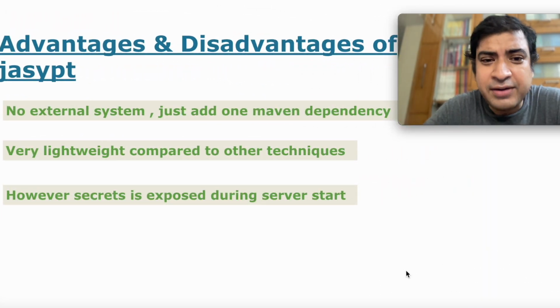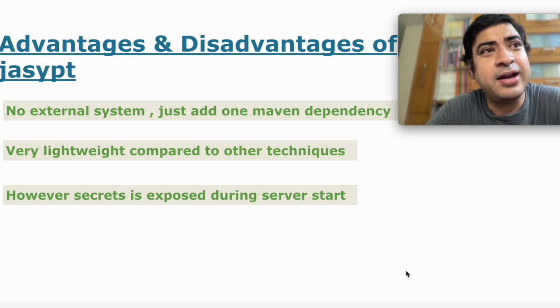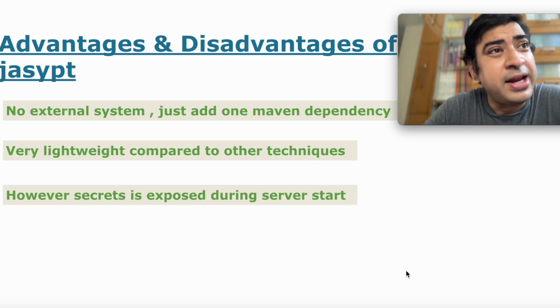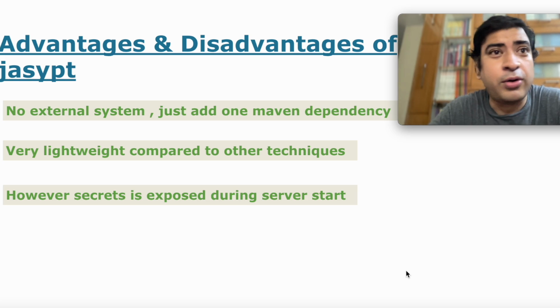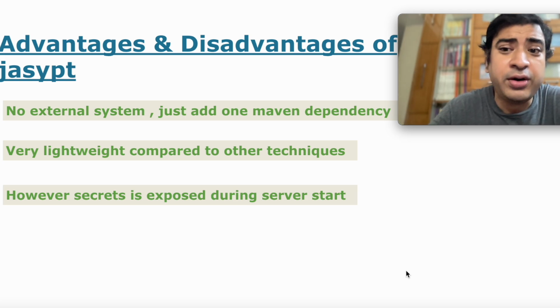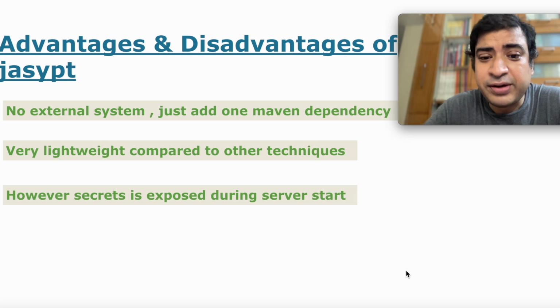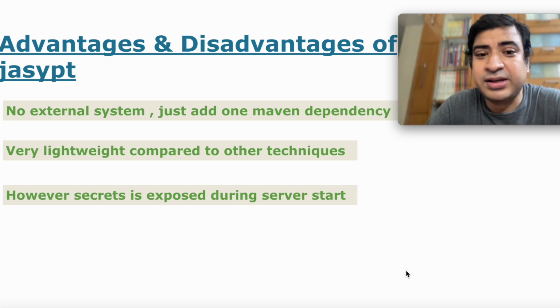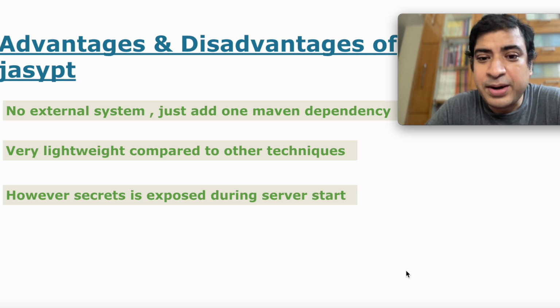So what are the advantages and disadvantages of Jasypt? Of course, the biggest advantage of Jasypt is that no external system is required. We do not need to use an external vault like an Ansible vault or any other vault. We do not need to use some external system like Kubernetes. We do not need to use the cloud specific secret. So no other external system is involved. We just need to add one Maven dependency, and that Maven dependency along with that Maven plugin will do all the magic. We do not need any external system. So Jasypt is basically a password encryption